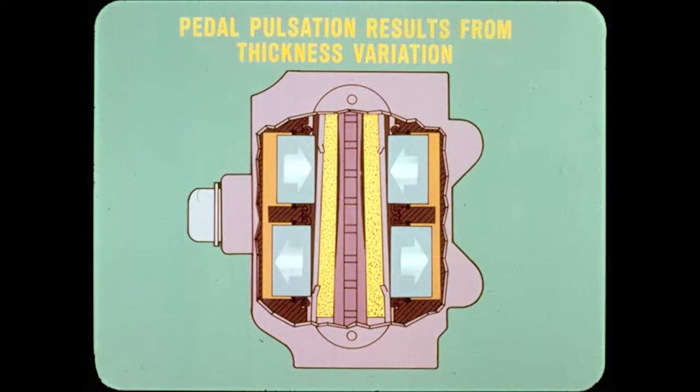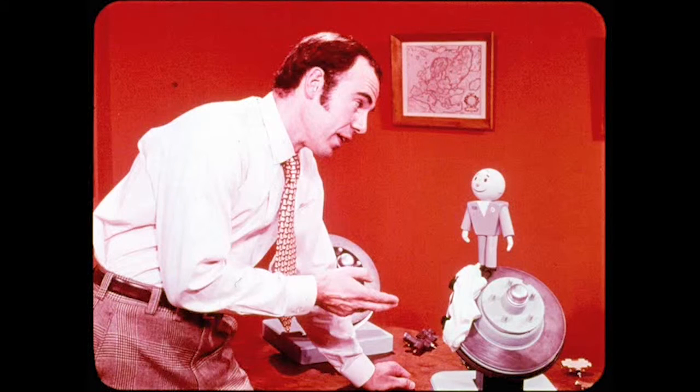In this case, the pistons move in and out with the disc variations, causing pedal pulsation and brake vibration. Let's not forget that accurate disc run-out checking and good brake operation are both affected by wheel bearing adjustment. If the disc wobbles because of loose bearings, the effect can be the same as with excessive run-out or thickness